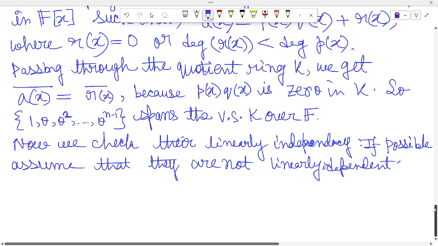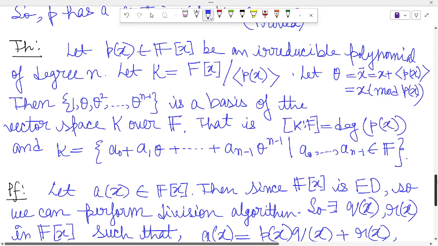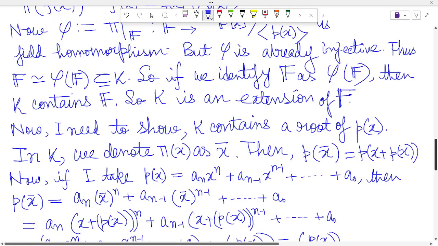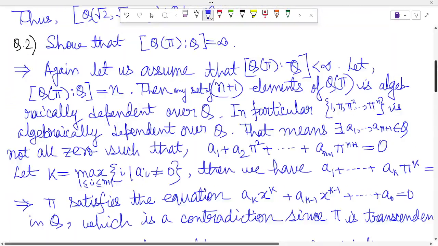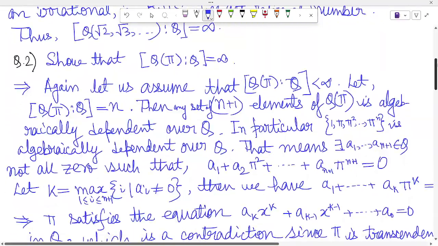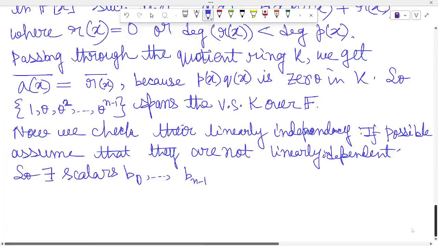So there exist scalars b0, ..., b n minus 1 belongs to F